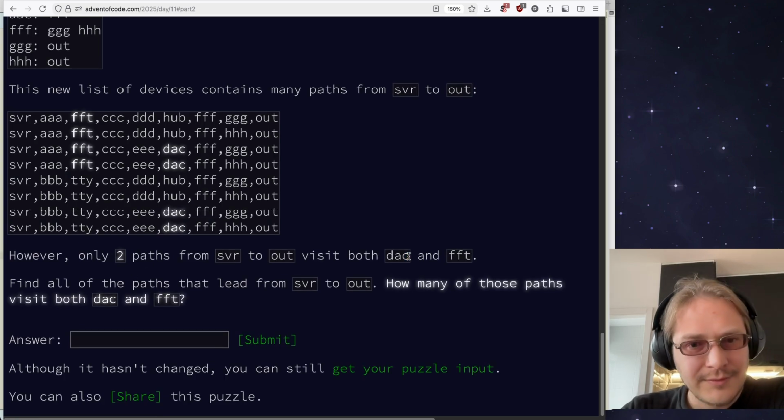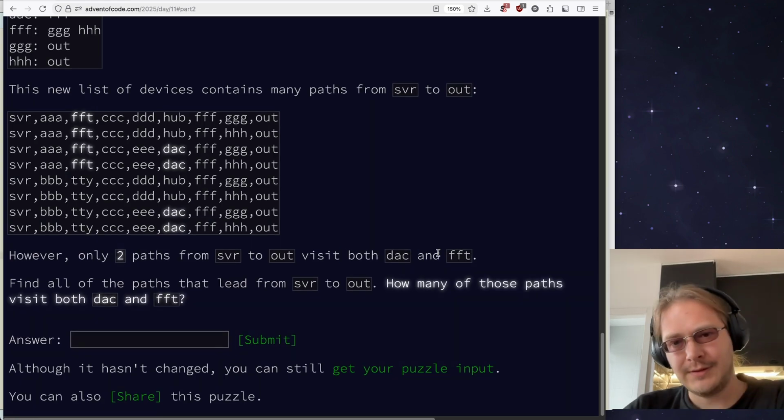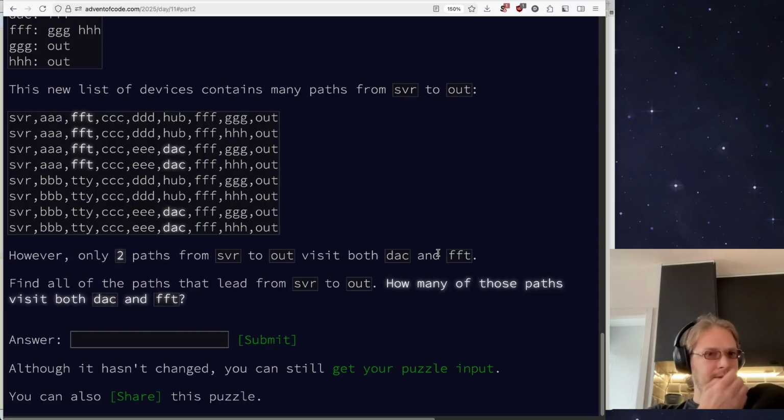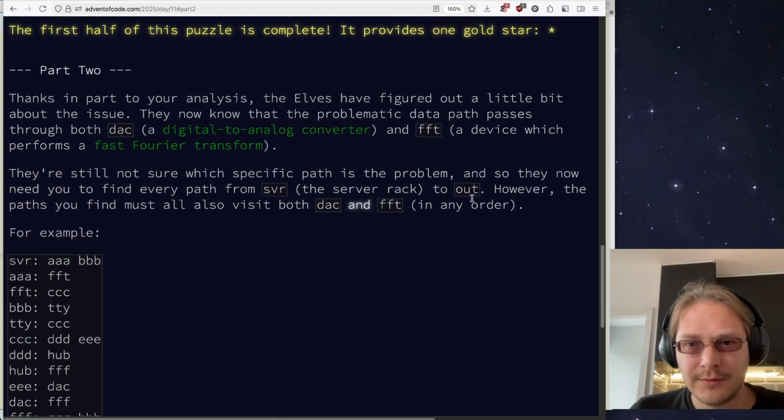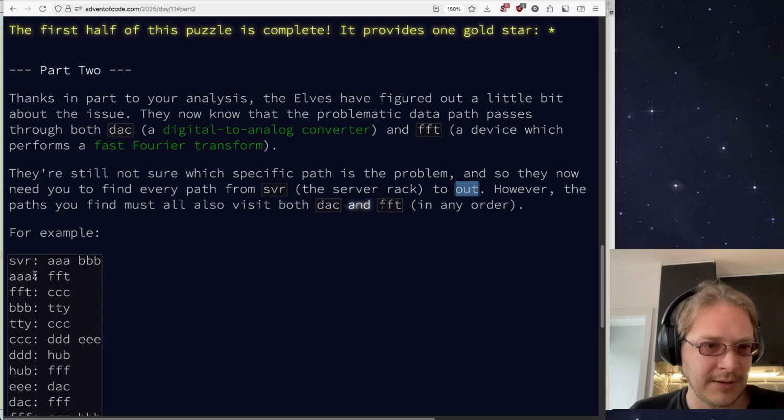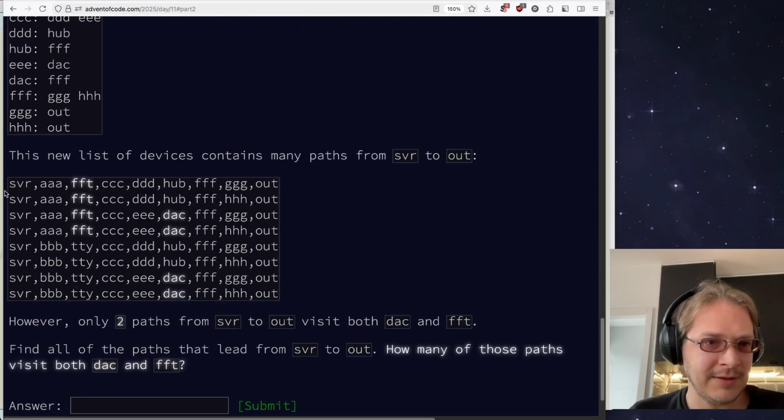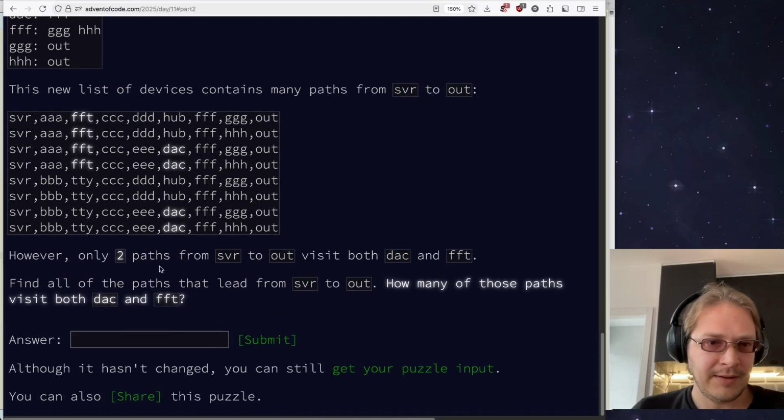Only two paths. So the initial node is SVR, server rack, to out. The end node is out, and every path should include FFT and DAC. And DAC might come before FFT. That's fine. Only two paths,